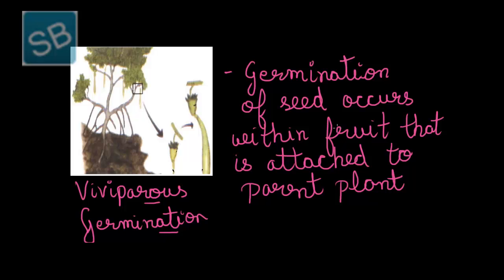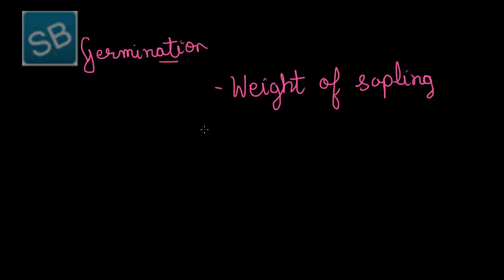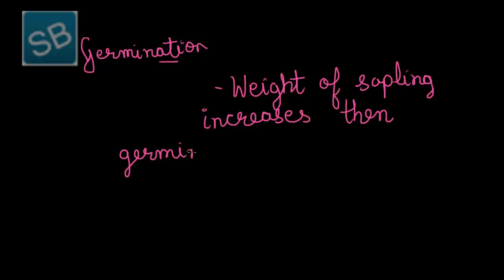Thus, development of a sapling occurs within the fruit. Gradually with time, as the weight of the sapling increases, that germinated seed or fruit falls below, that is, falls on the ground,